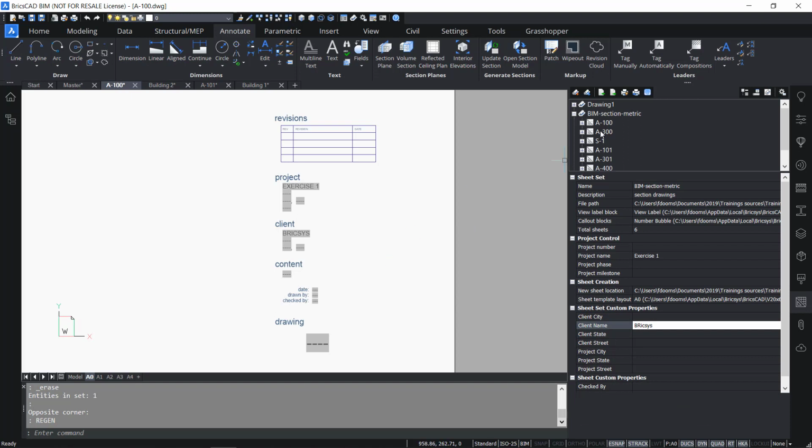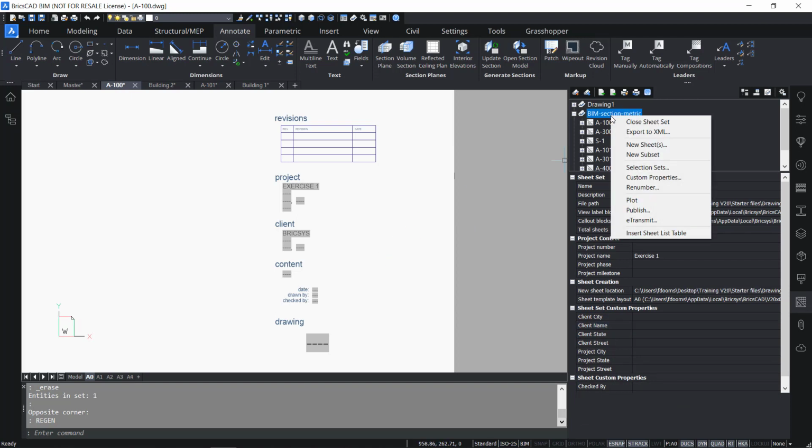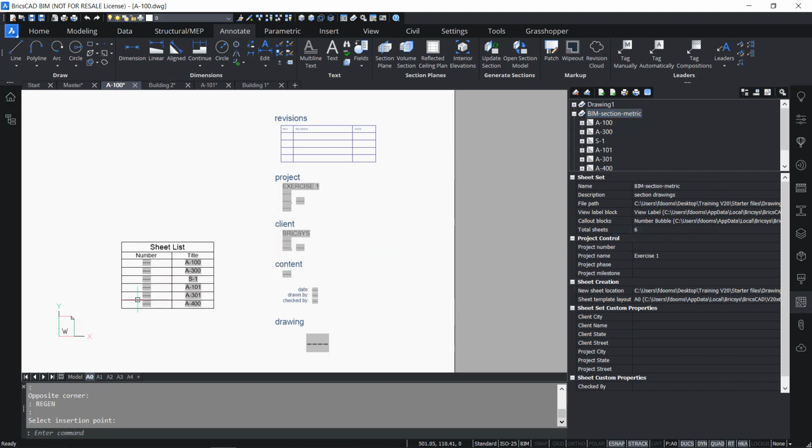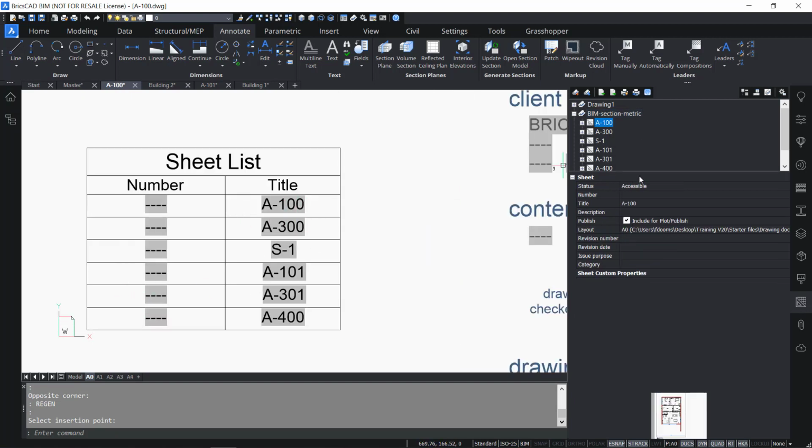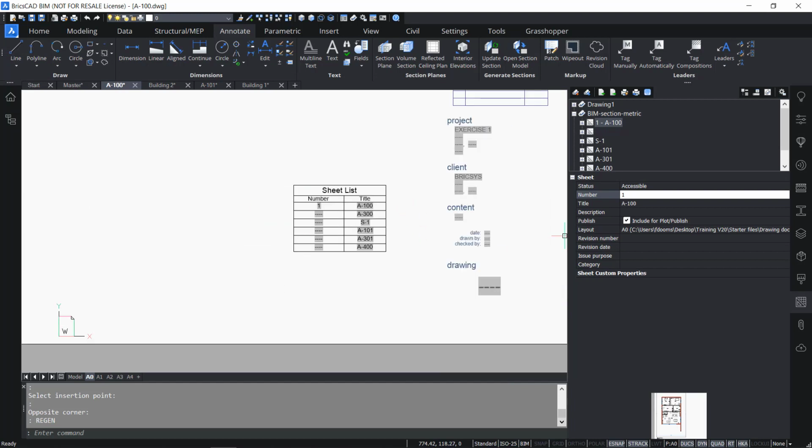You probably also want a sheet list, so you can right click on the BIM section metric and insert sheet list table, and then you will see a table with all the sheets that are in there, so A100, A300. These are all the sheets that are in my DST file. So I can give it a title, I could give it a number as well. For example, this one is 1. And if I now regen my drawing, you will see that the sheet list automatically updates itself,